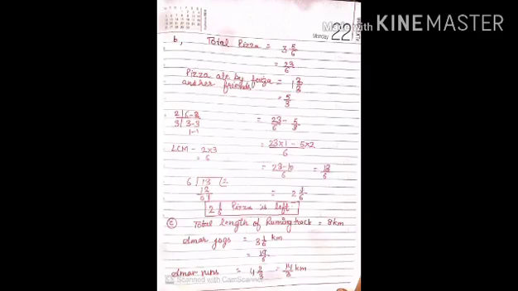Now in this question we also have unlike fractions. So our first step is to take the LCM of the denominators of both fractions. By calculating the LCM of 6 and 3, we get 6 as the LCM. In the first fraction, the denominator 6 has to be multiplied by 1 to get 6, so 23 times 1 is 23. After that, in the second fraction, the denominator 3 should be multiplied by 2 to get 6, so 5 multiplied by 2. Now 23 ones are 23, 5 twos are 10. We subtract 10 from 23, we get 13/6.